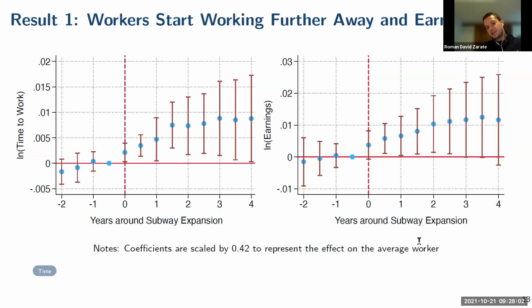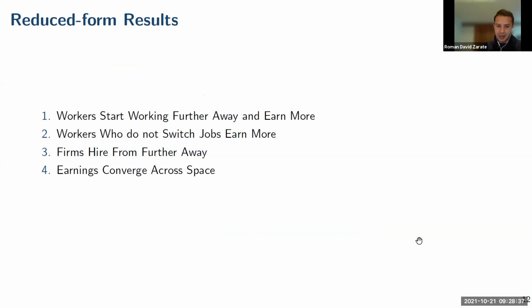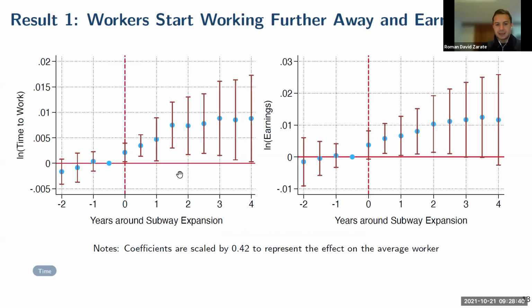Right now, the way that we're defining the treatment is just taking the maximum difference when there is this new station. So we're calculating the distance from every district to the new station, and we take the maximum difference in time between one period and another. So to answer your first question, we're just taking the opening of the new stations. We're not taking into account the time of the announcement, or that there can be some disruption, so that people can be taking alternative routes. That's something that we're not considering right now. We're just taking as the treatment event dummy the opening of the new station.